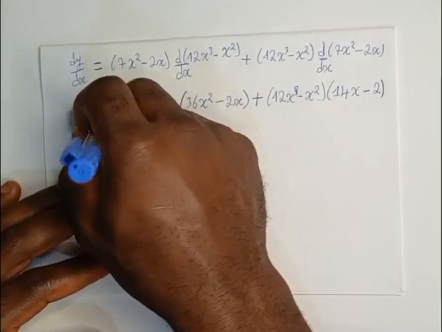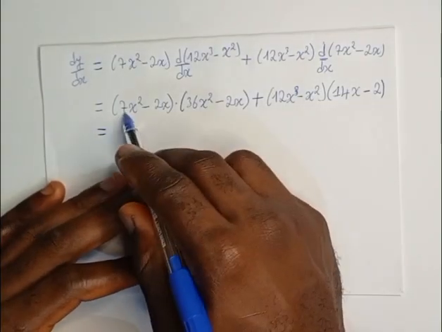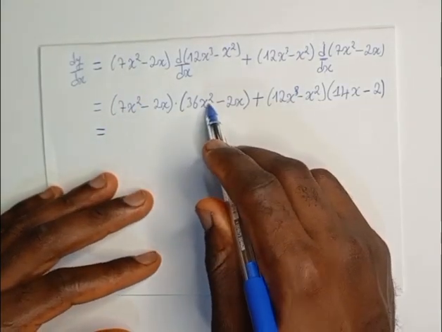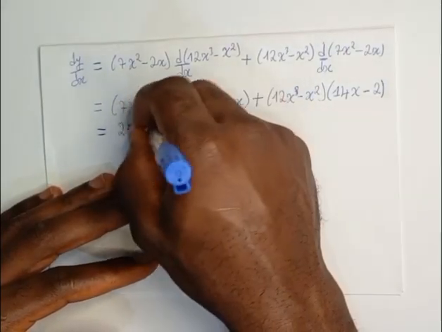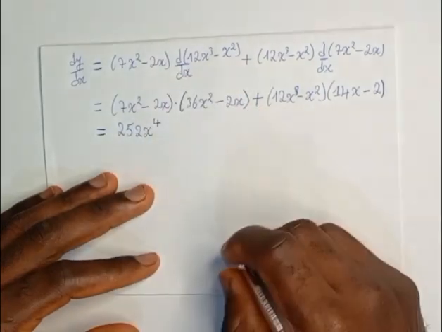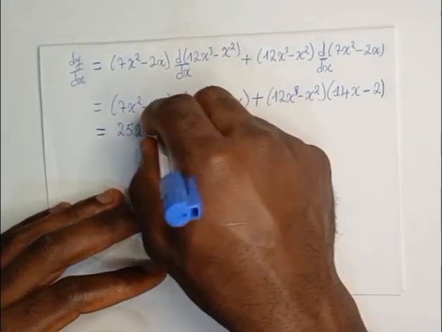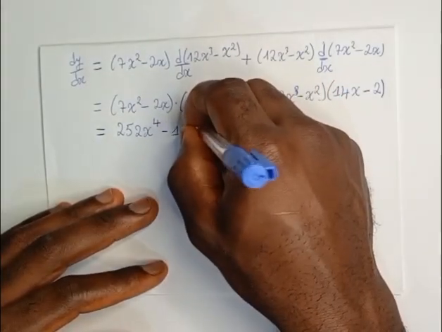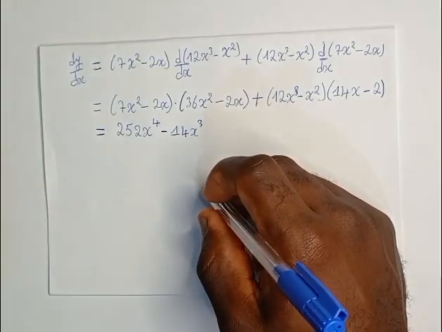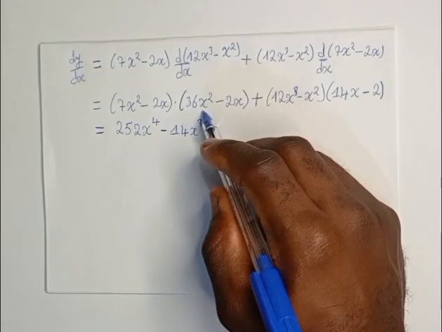Next step, we are going to expand the brackets and bring the like terms together. We simplify. 7x squared times 36x squared gives us 252x to the power 4. The next, 7x squared times negative 2x gives us negative 14x cubed. We go to the next, negative 2x times 36x squared gives us